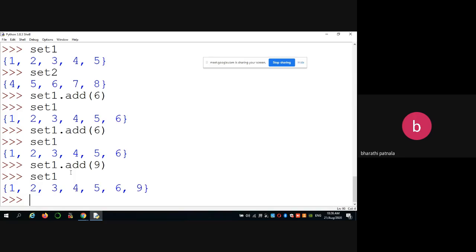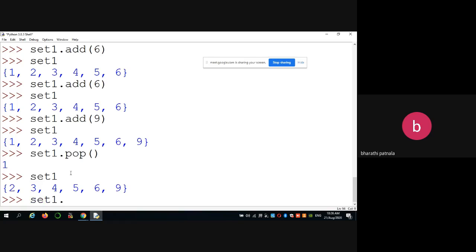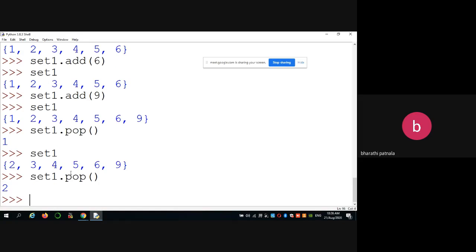Similarly, if you want to remove an element, simply use set 1 dot pop. So the first element, whatever it may be, will be removed. Again, set 1 dot pop. Like that, you can remove the elements.